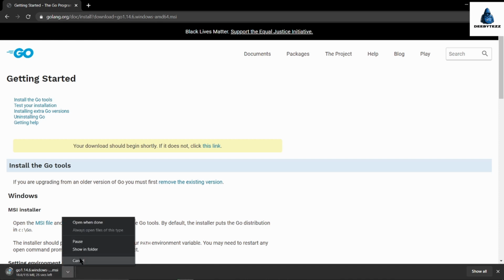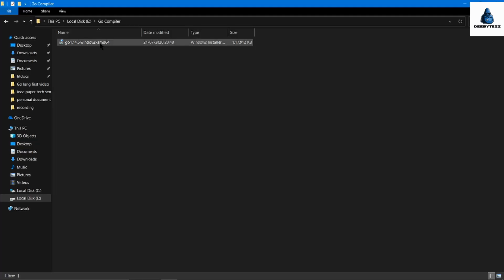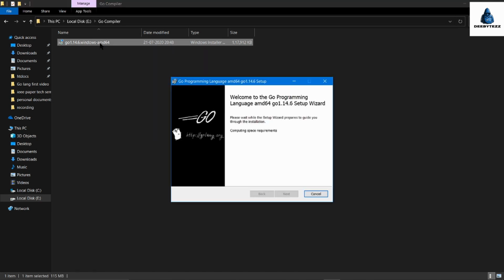I already have my setup on my machine, so I will cancel this. This is the downloaded file. It is easy to install. Just double click on the downloaded file.